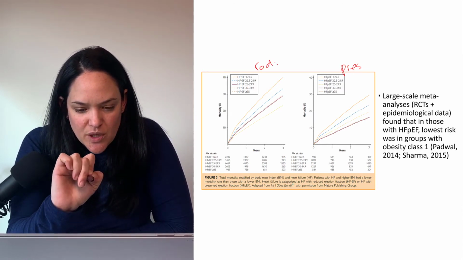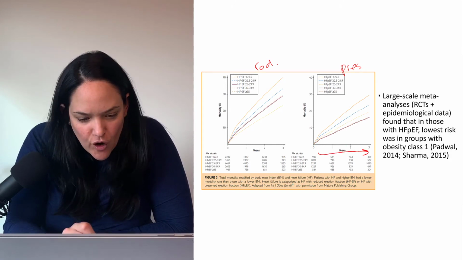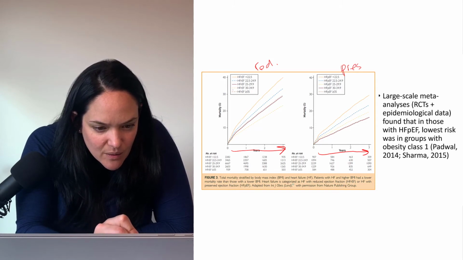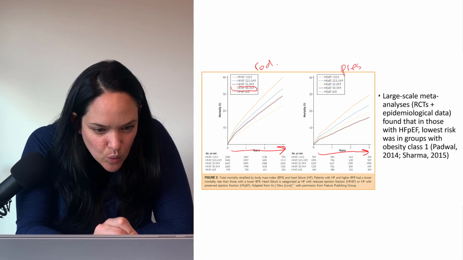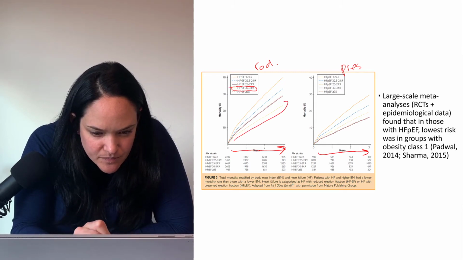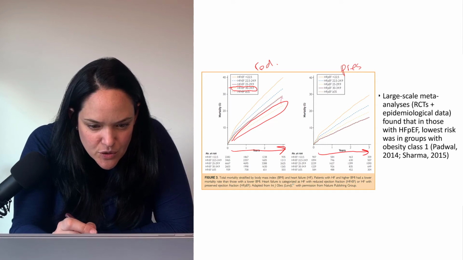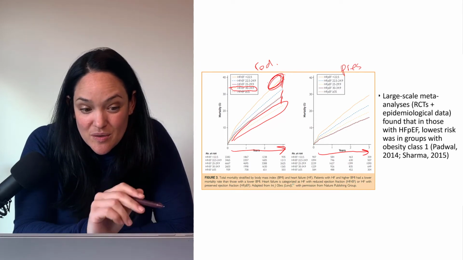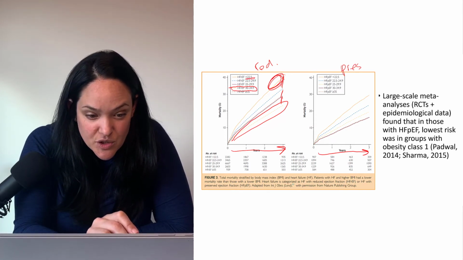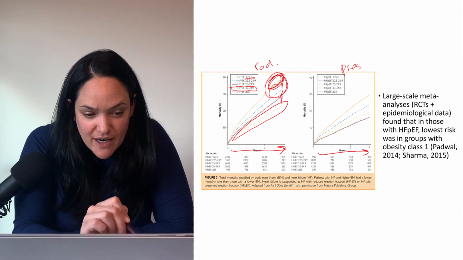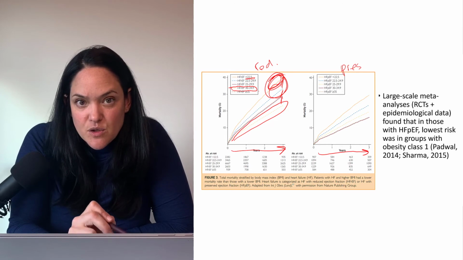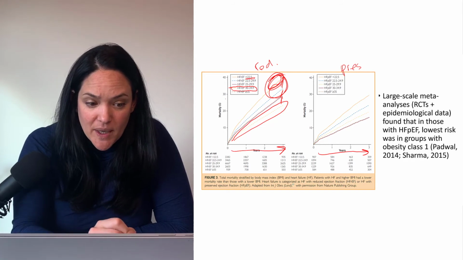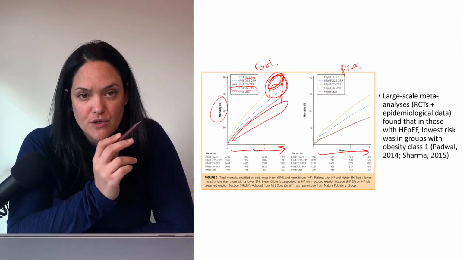In both of these situations, when we look at years following diagnosis, those with obesity class 1, so that's the yellow dots here, have, compared to those with higher levels of obesity and compared to normal weight individuals, those with a BMI of less than 22.5 or between 22.5 and 25, individuals with obesity with heart failure with reduced ejection fraction actually fare better when it comes to mortality risk compared to those of a normal BMI.